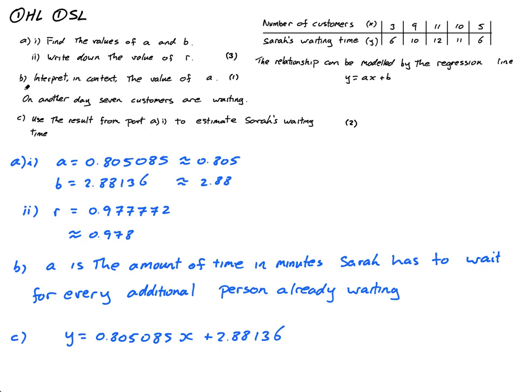Sorry, I didn't read this bit. On another day, 7 customers are waiting. So there's no 7 here, but I'm going to use this regression line and sub in 7 for x, because x is the number of customers waiting. So if there are 7, it's